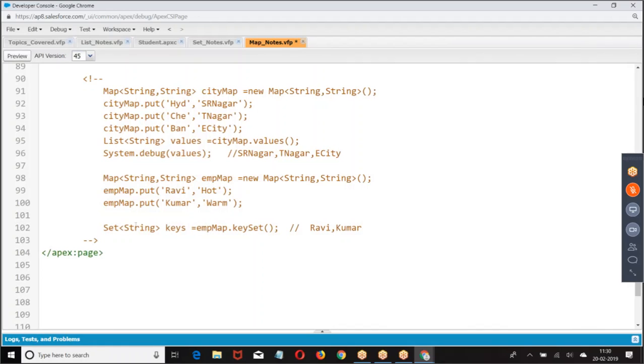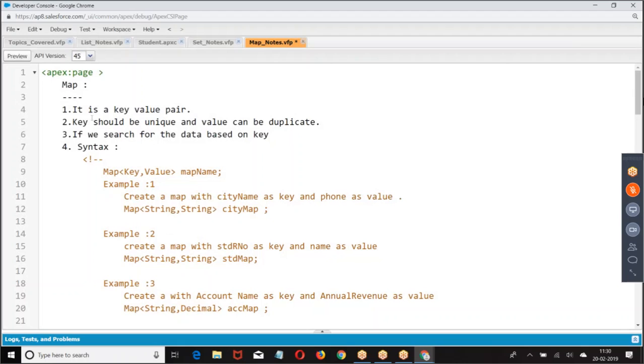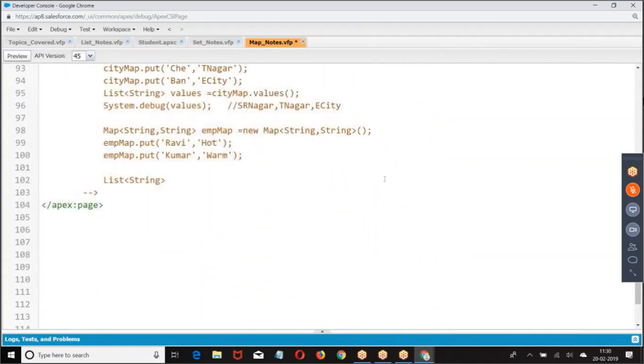Then we have the next one. So this is why keySet is a set and values are a list. I told you very clearly, keys cannot be duplicates. When you take a list, duplicates will be there. But there are no duplicates in the keys. That is the reason I take a set. I told you in the first line, key should be a unique value, and value can be a duplicate. Key should be unique, so it should be a set. Value can be a duplicate, so that is the reason I'm taking a list. Value cannot be a set.